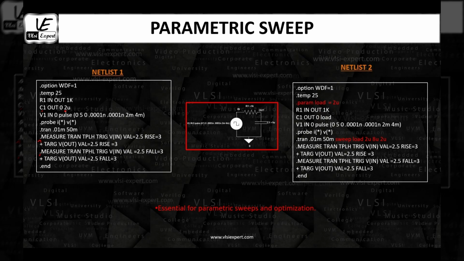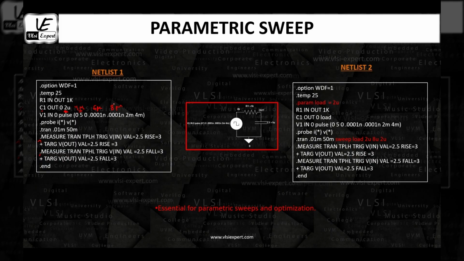So first it will do the calculation for 2 micron. Then you manually edit this 2 micron to 4 micron. Again run the simulation, then find the values and fill the table, and then you change it to 6 micron and then to 8 micron. So that means every time you will change the value and you will do the resimulation, right?